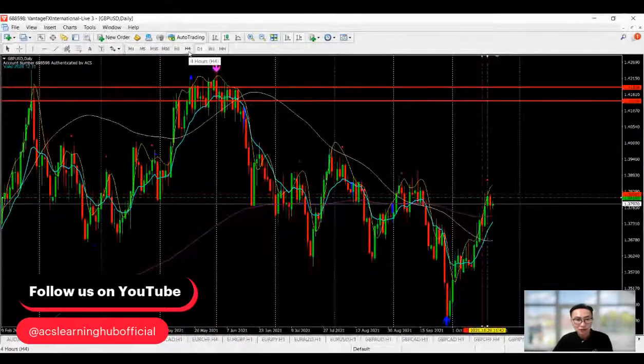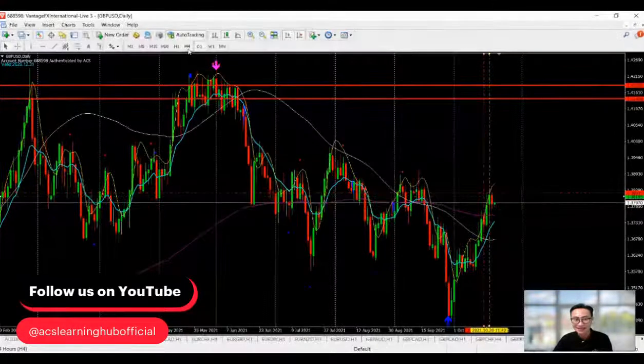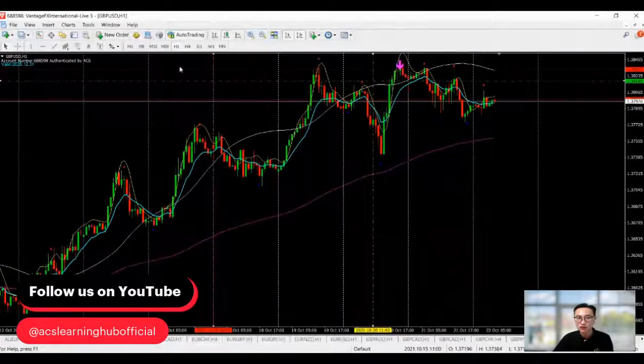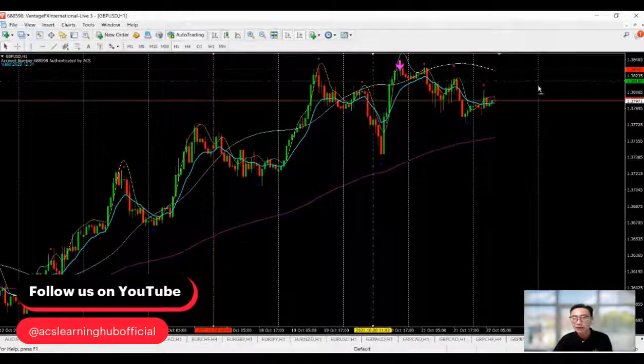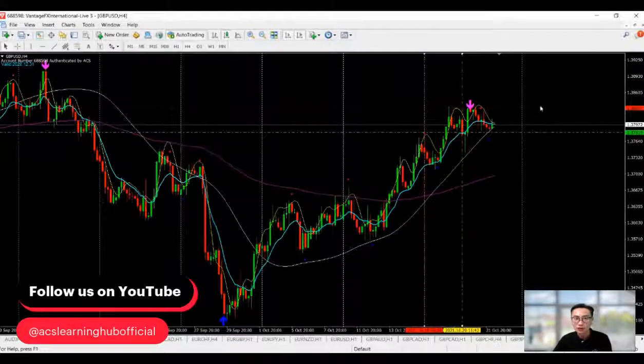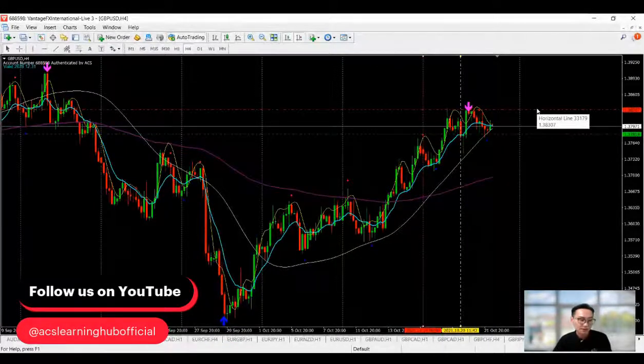Let's go with pound dollar. Pound dollar, we are actually experiencing this resistance, but we are in the middle. However, we still have a chance to short for pound dollar. But looking at the trend over here, we need to look out for the support level. Are we still on the buying side? Is the buyer still pushing for a higher price? We also have to take note.